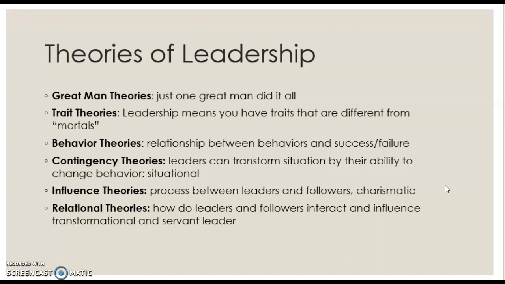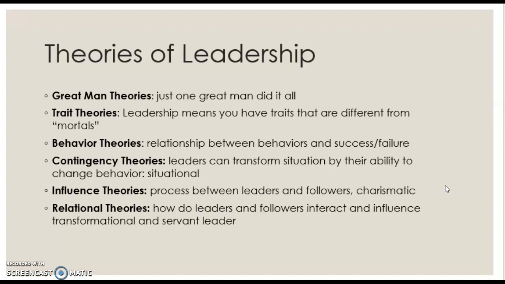Now, how people interact and react and craft relationships is different. Whether it's how a leader and followers, do they work democratically, or is it my way or the highway? But transformational leaders, charismatic leaders sometimes, but also servant leader. The value of the people that are reporting to you is a particularly critical element.